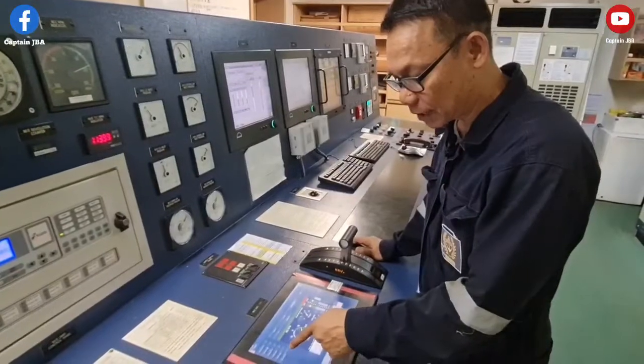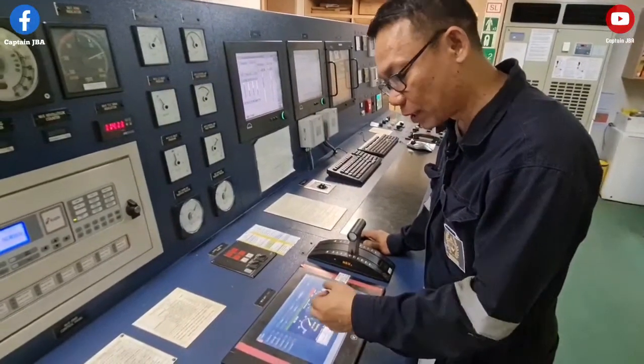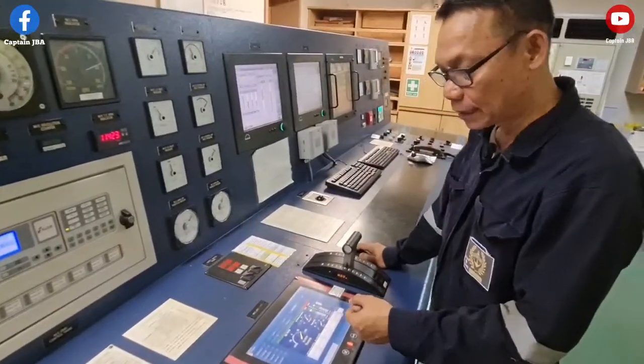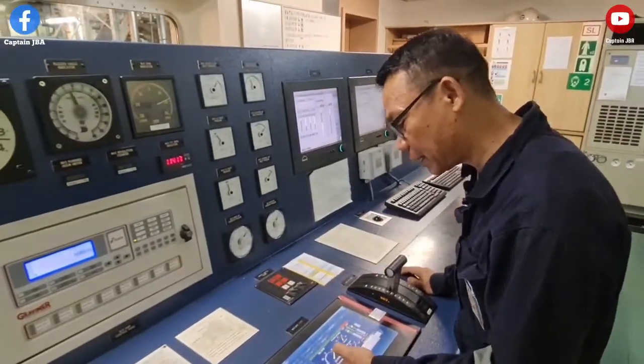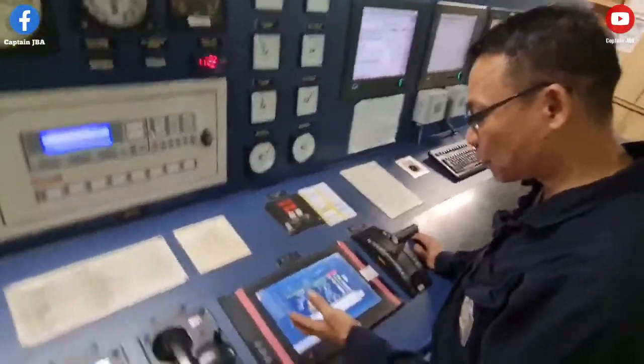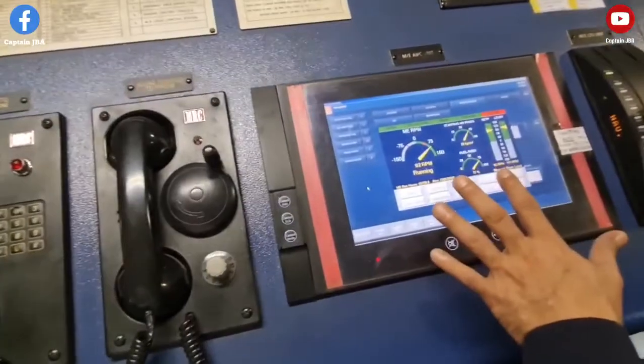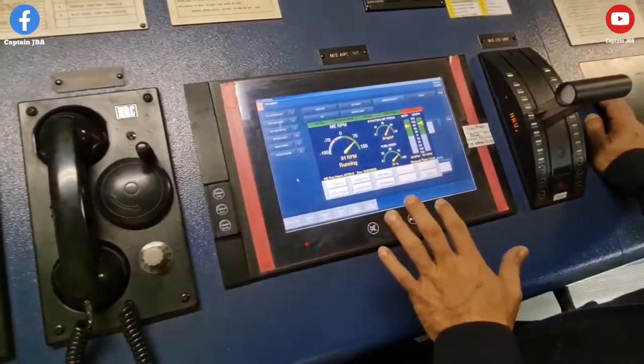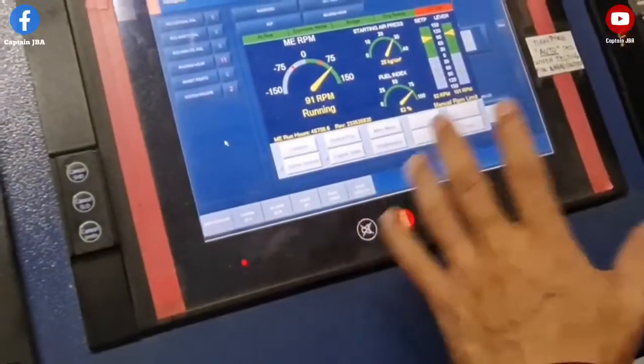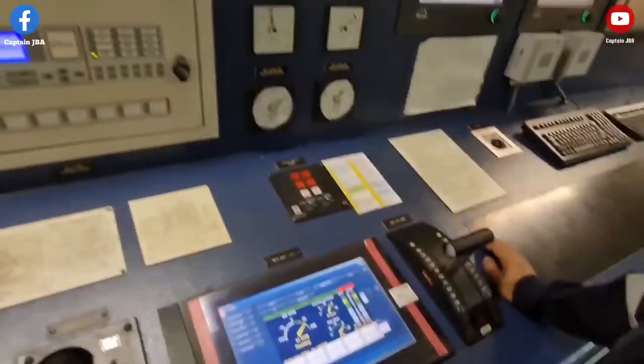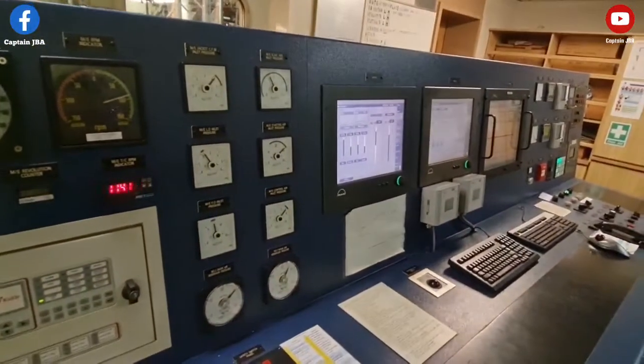We have here the bearing wear monitoring system. The remote control system is in here, and there's no need for the human to intervene once we have set it, and it's usually set from the shipyard. So we also have here